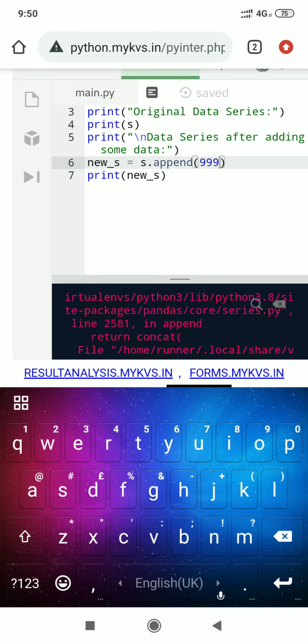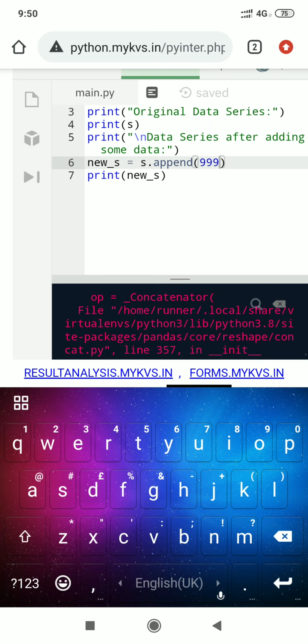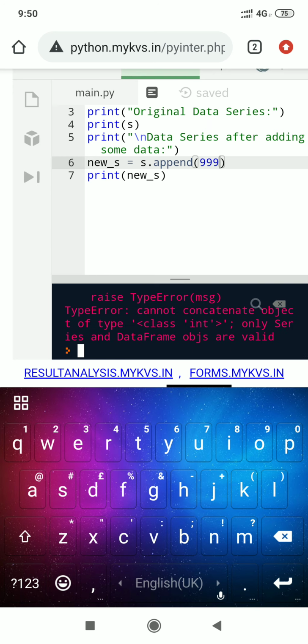It will display an error message that only series and data frame objects are valid. It means we have to pass in this method either a data frame or a series as argument. So we cannot pass any value directly.